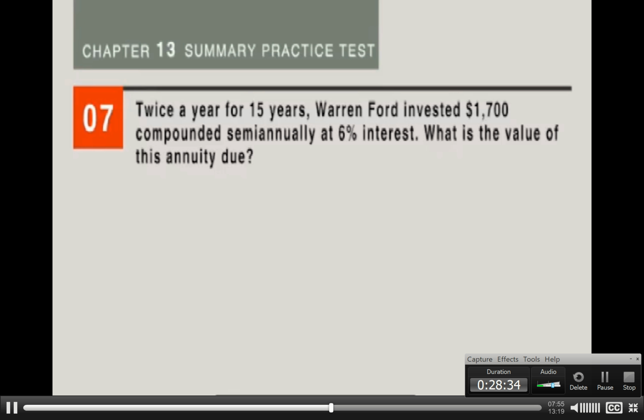So we have, in this case, 15 years, semi would be 30, but add 1 period is 31. 6% divided by semi, or 2, is 3%. We're going to go to amount of annuity table. So at 3%, 31 periods, 50.0027. And he's not putting in $1 each time, he's putting in 1,700. So 1,700 times 50.0027 equals